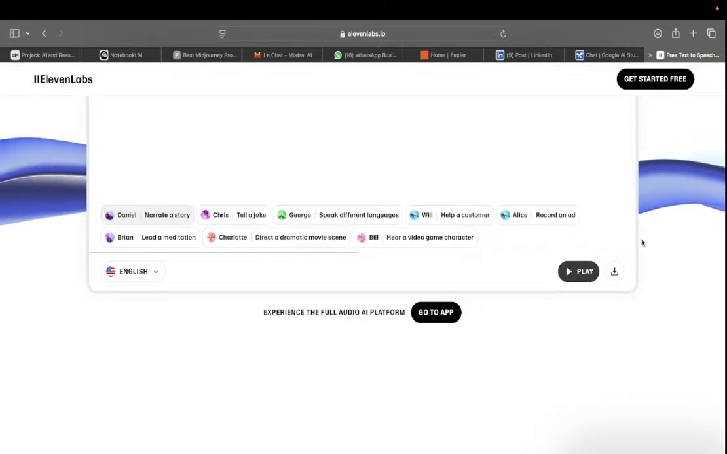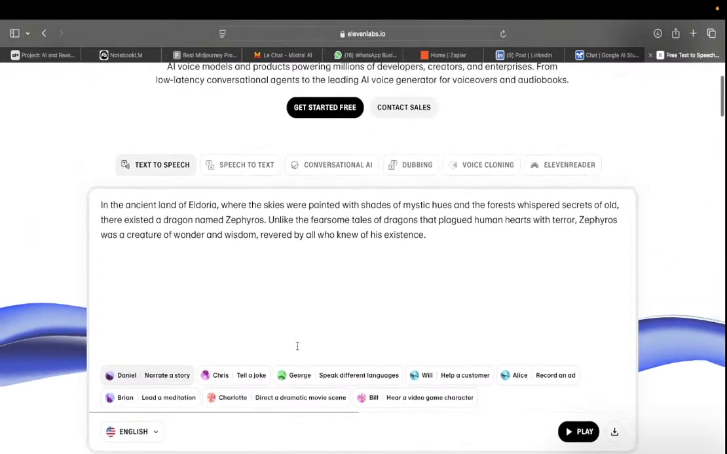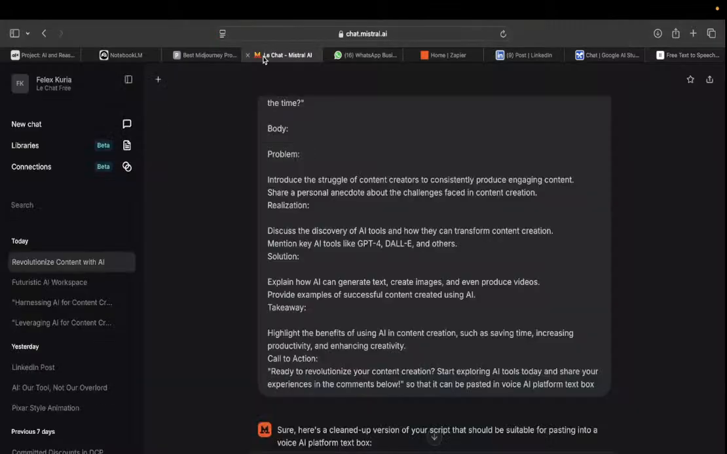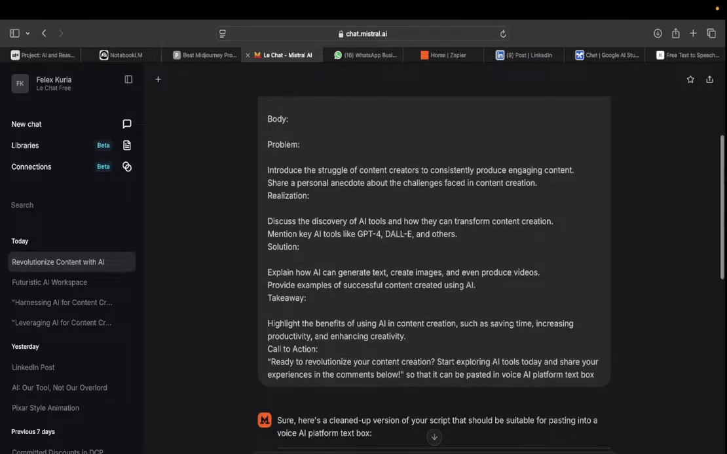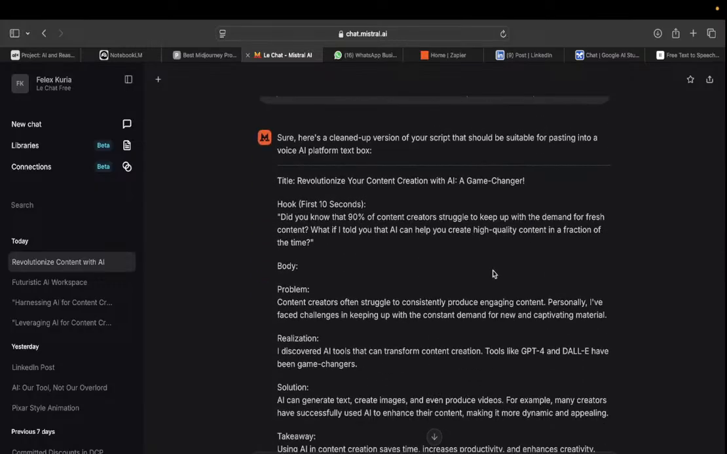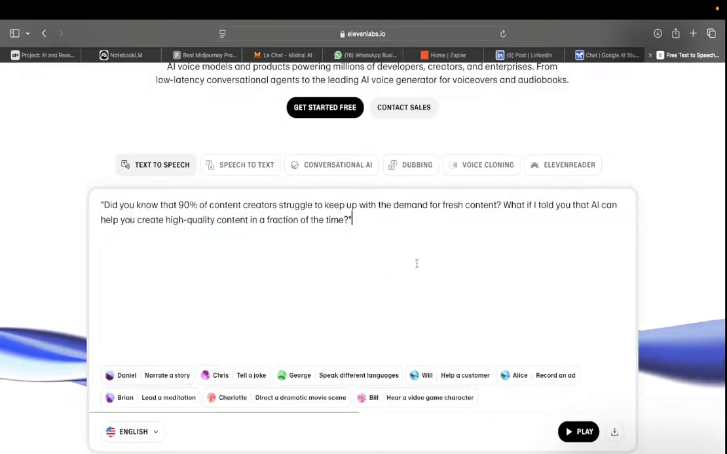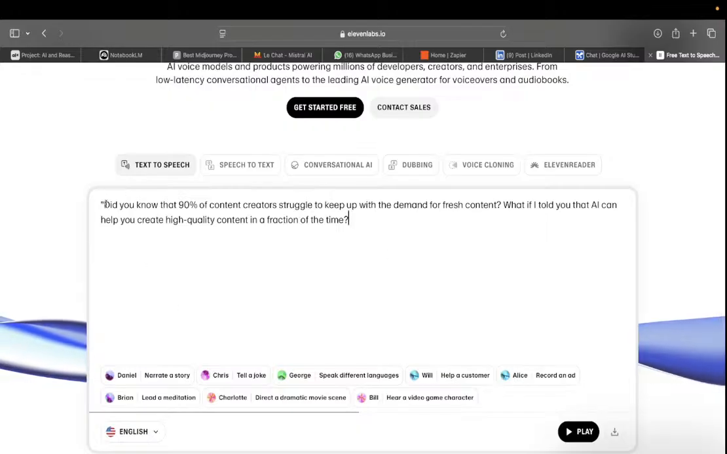I think if you scroll a lot in social media, you have heard about that voice. Then, our script is now cleaned. We can copy it. So let's just copy the first part. This is the text box where you are supposed to paste your text and let it read for you,